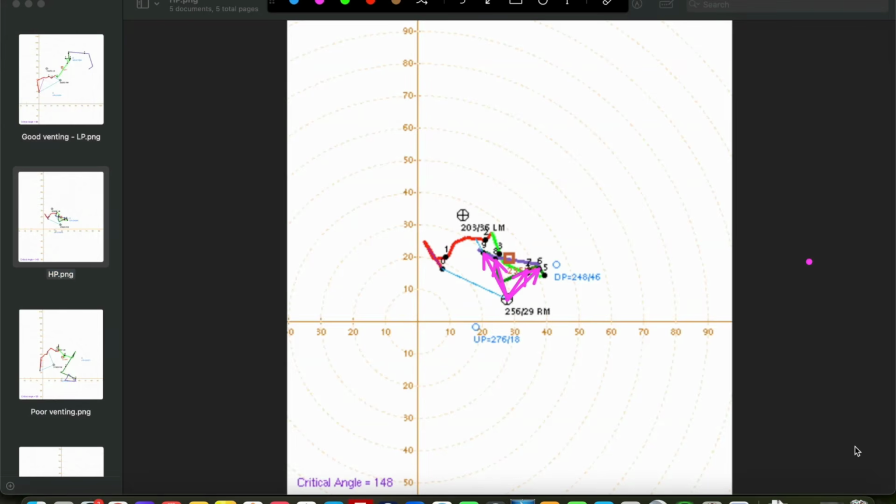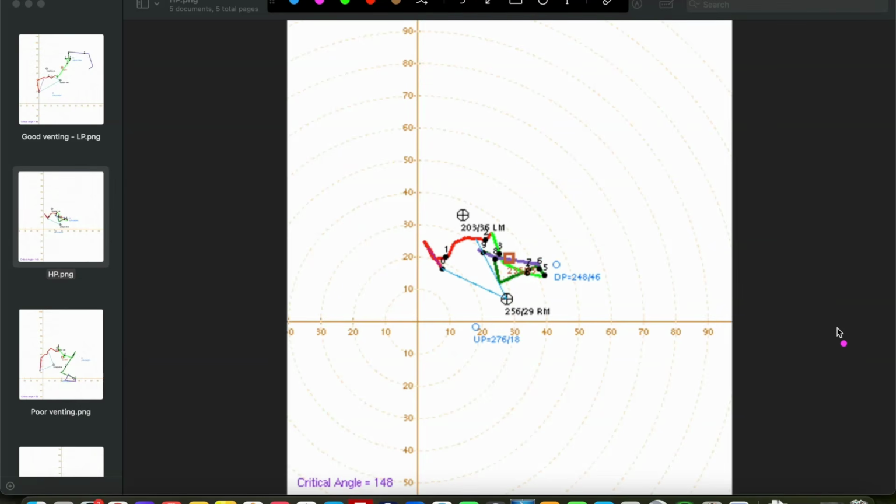If we were to draw in our vectors for our points above 6 kilometers, notice how short they are. Here's our 6-kilometer vector, this one on the right. It's maybe about 10, maybe just under 20 knots there. The 7-kilometer vector right there, even shorter. 8 kilometers, about the same as 6. And so all of these are right about 20 knots or below, indicating that this profile would be favorable for